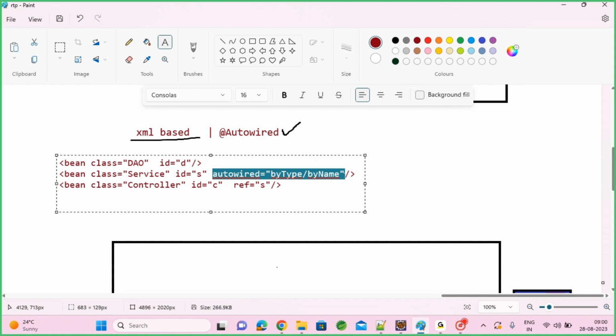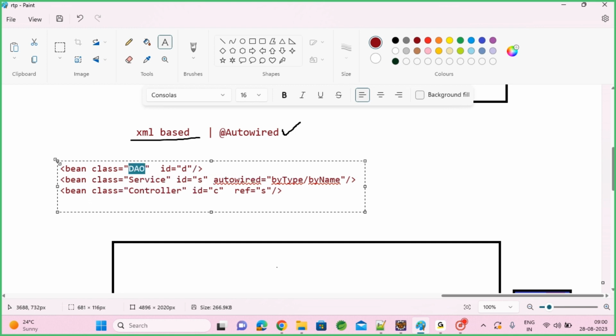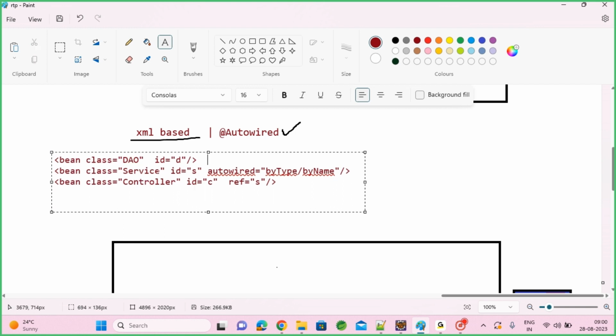Spring will go to each setter method and try to understand. In the service class, I have a setter method setDAO, only one setter method. It will read that setter method and understand which object it might require, and it will search for that object. It will come back and search for that object here. If my service class has a setter method for DAO, it will first read your setter method, then come back and search for that object in the XML file. Now it will find the DAO object. So automatically this DAO object will be injected into the service. Same way, if I apply this,